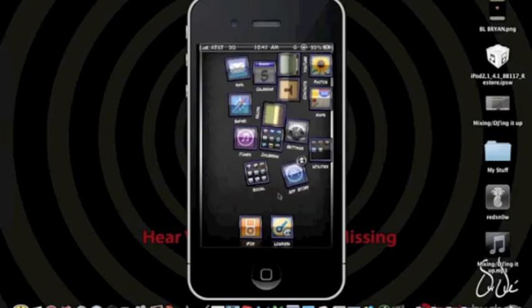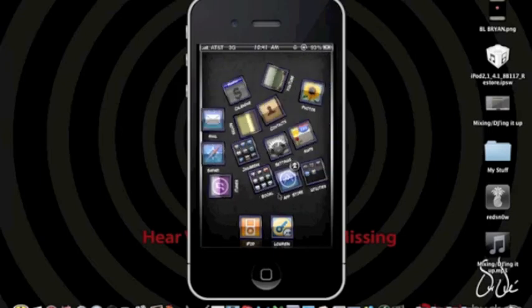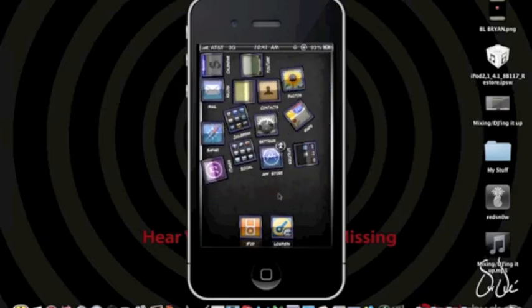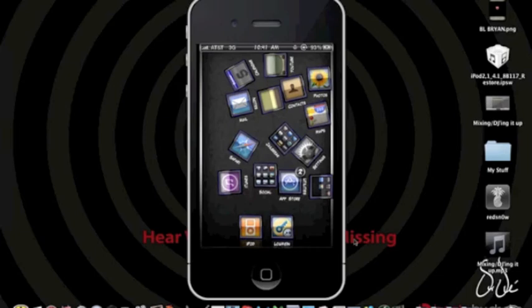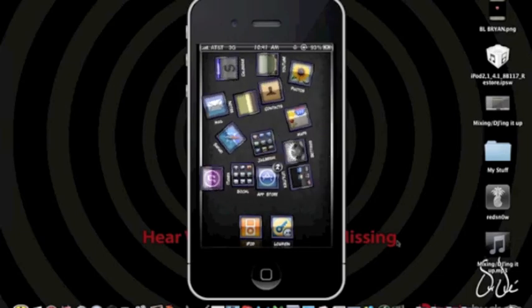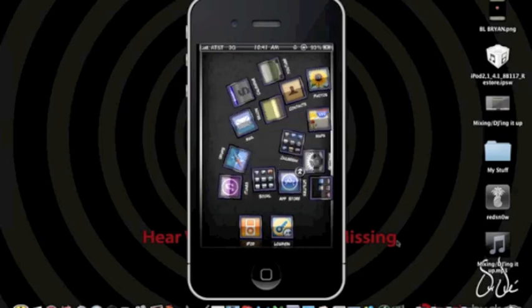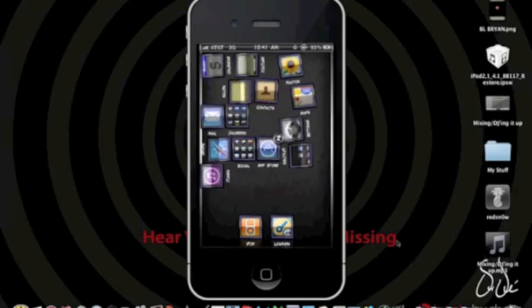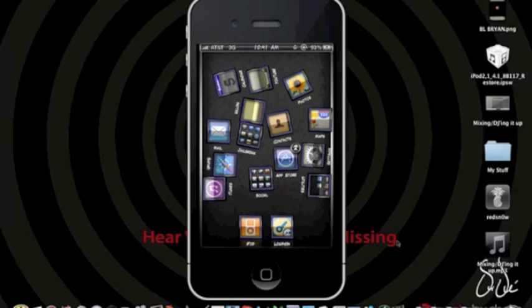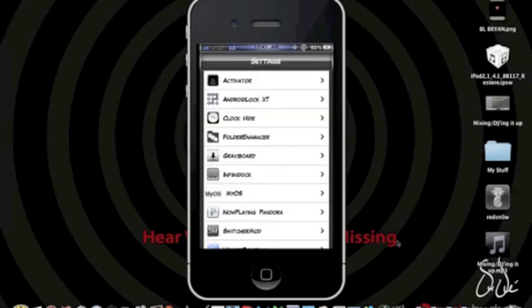So go ahead and check these out. I'll have the names in the description below also, and I'll put an annotation somewhere here in the video saying the names. So that'll be Graviboard, available on Cydia for $2.99. Now that'll be, I believe, my fourth. I'm not sure, but who cares? The last one would be